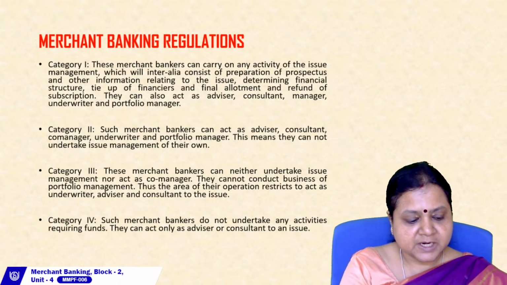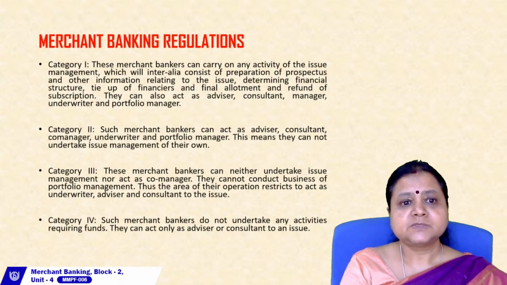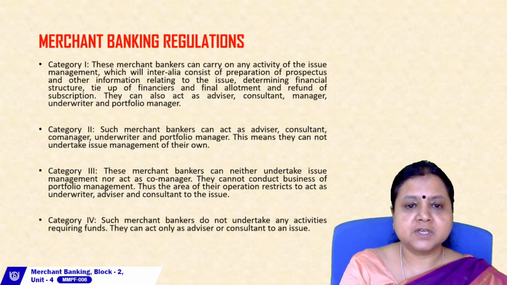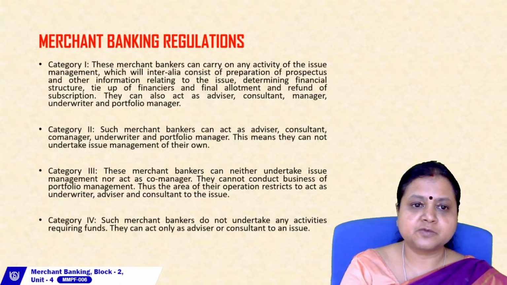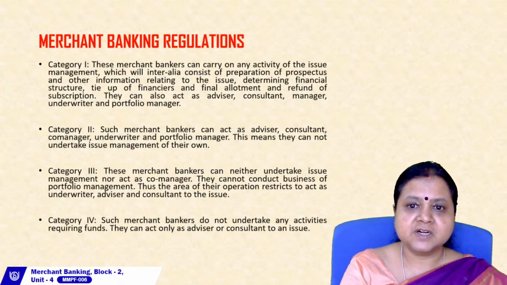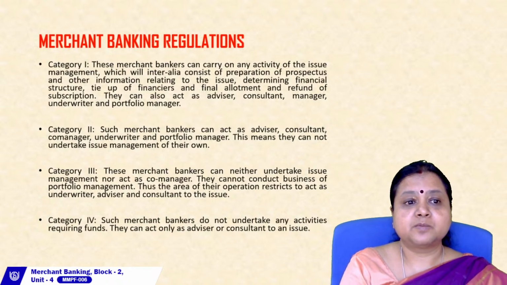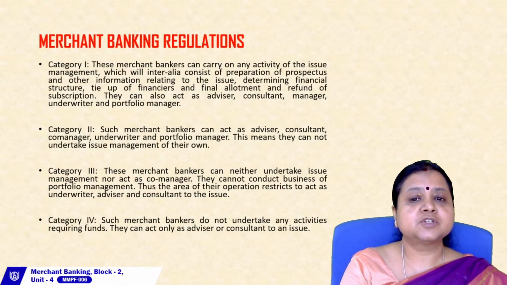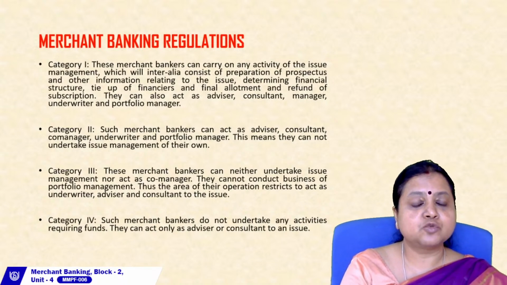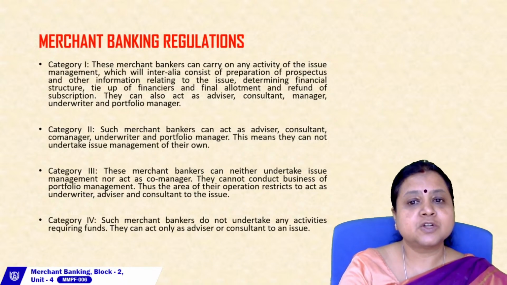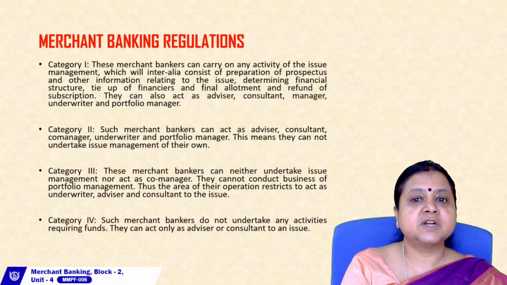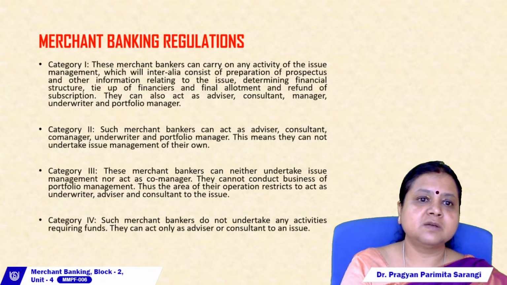That means right from preparing the prospectus brochure of the issue till what should be the proportion of the different types of securities. Suppose you are issuing equity share, what should be the proportion of equity share, debentures, bonds for raising funds, and till the final allotment to the persons who have already subscribed. And suppose there are persons to whom the allotment might not have been made, so now refund of money has to be done to them. So the entire process is involved in the category 1 of the merchant banker.